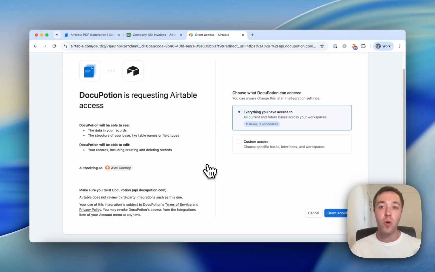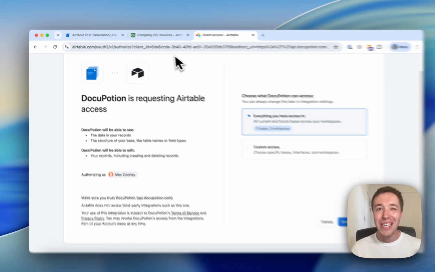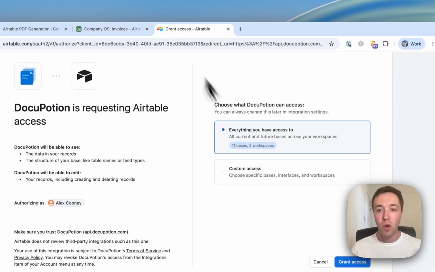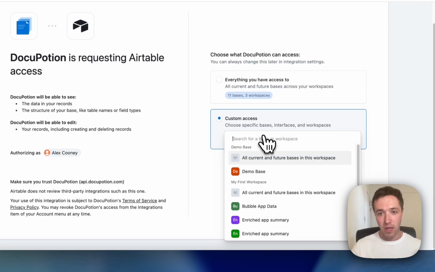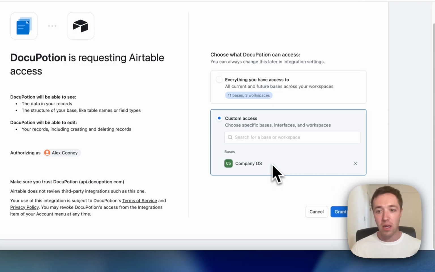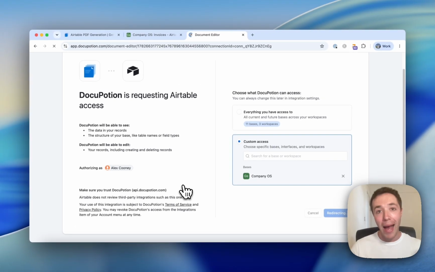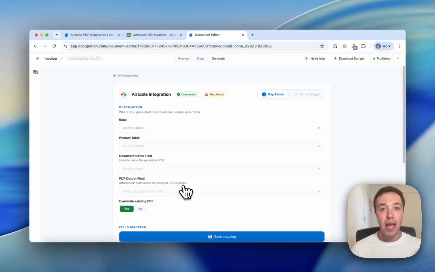can choose to give DocuPotion access to absolutely everything in my Airtable bases or custom access. In my case, I only need DocuPotion to really be able to access this company OS base. So I'm going to choose custom access, and I'm going to search for company OS, and I'm going to grant it access to that. I'm then going to be brought back to my DocuPotion editor, and you'll see we can